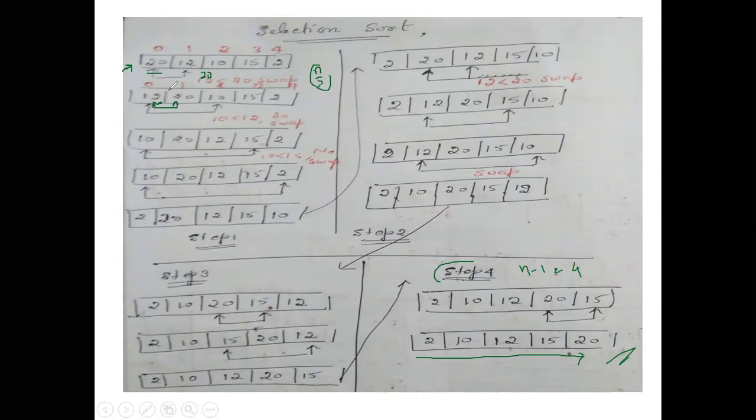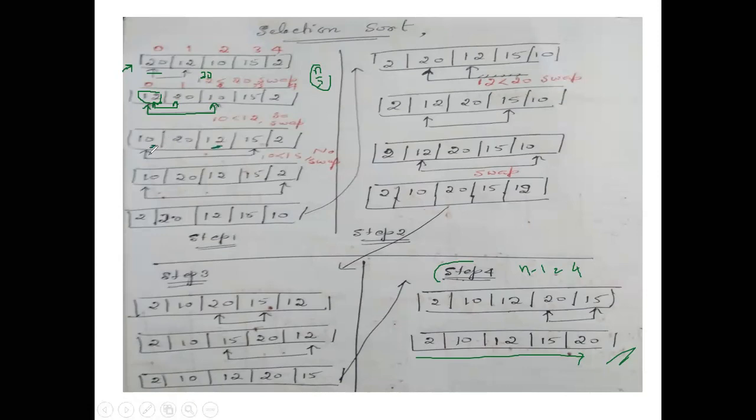So the logic is we'll be storing the smallest element in the first position. Next, the first element will be compared with the next element, that is the third element. Here you can see 12 and 10. The 10 is small and 12 is greater. We want the smallest element, so again we are exchanging the elements. 10 will come here, 12 will come here.